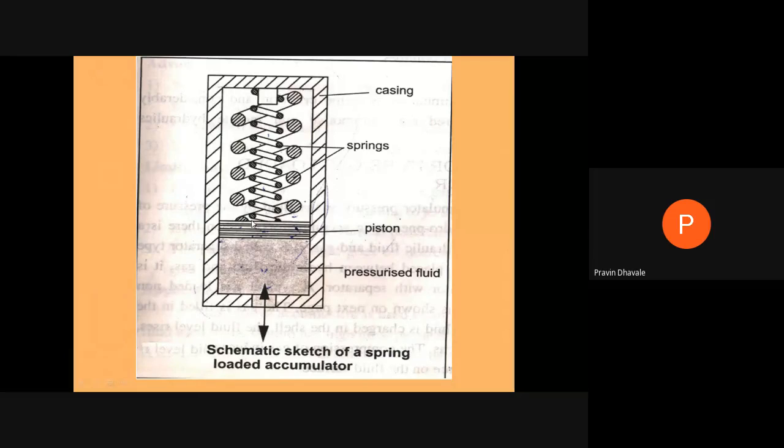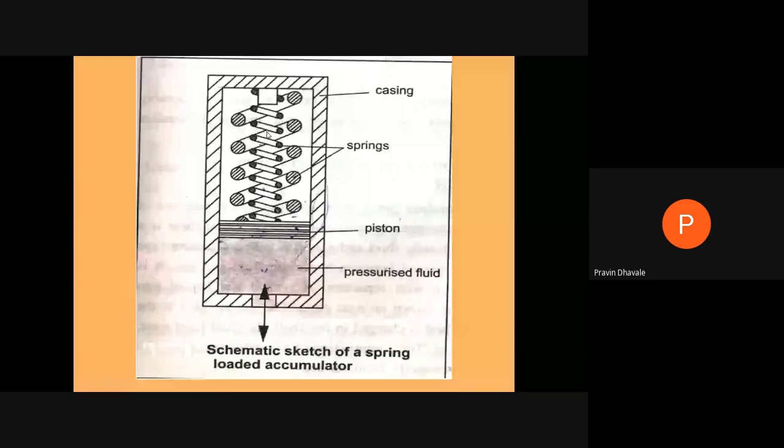Then as we go on increasing the supply of pressurized fluid from the pump to the accumulator, this piston reaches up to this position. On the upper side of this piston, there will be compression of the spring. Because of that compression of the spring, what happens? The pressure on the fluid in the accumulator below the piston will go on increasing because of the energy stored